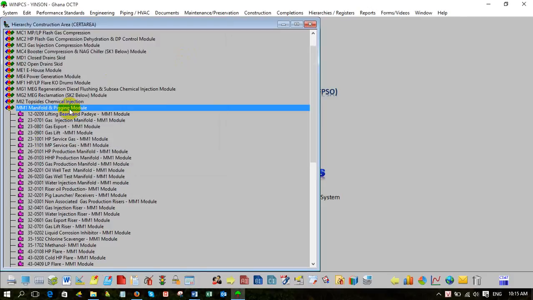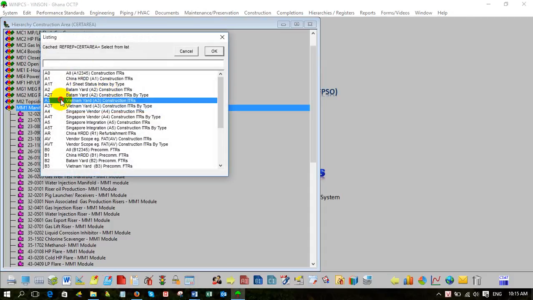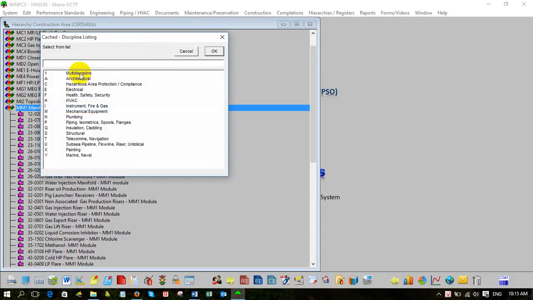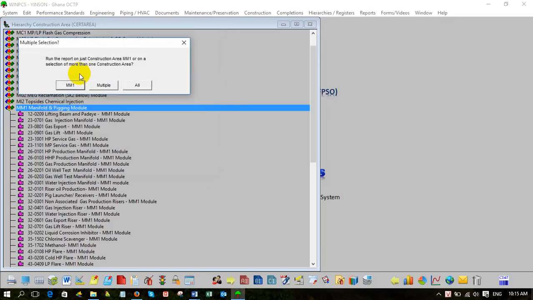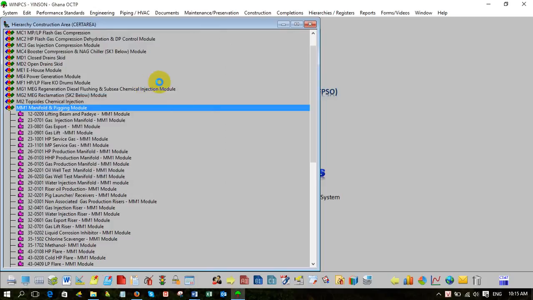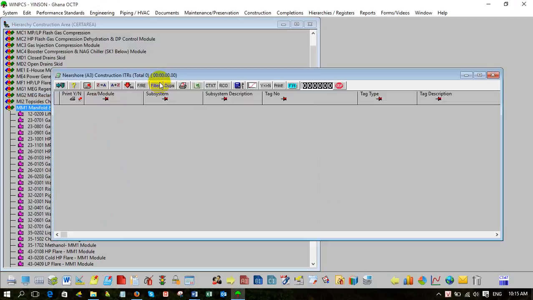When you run a report, every time you run a report, I show you one report. I run all, so it's easy for you. Okay, I take all. Every time when you run a report, this menu will come up. Waiting. So, you saw this button here? Red button, red color.